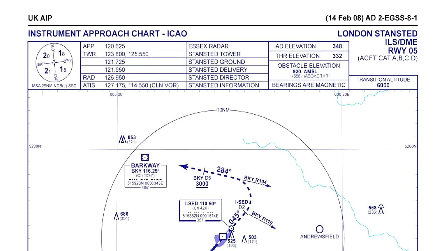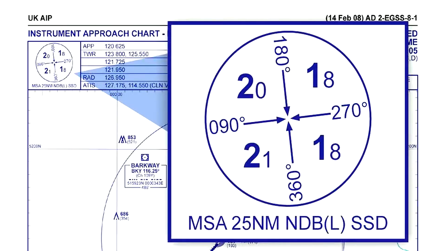Wherever possible, a straight-in approach will be specified, which is aligned with the runway centerline. In the case of a non-precision approach, a straight-in approach is considered acceptable if the angle between the runway and final approach track is 30 degrees or less. If terrain restrictions preclude a straight-in approach, a circling approach will be specified.